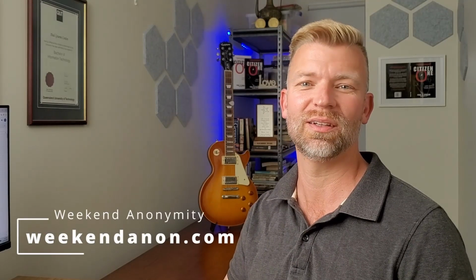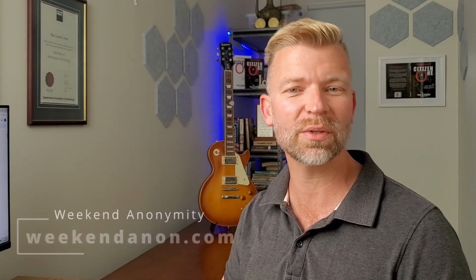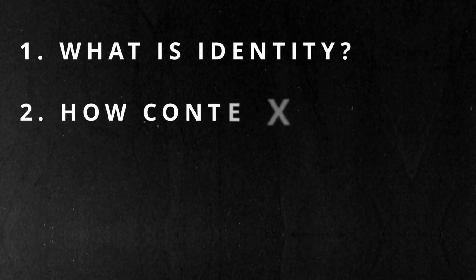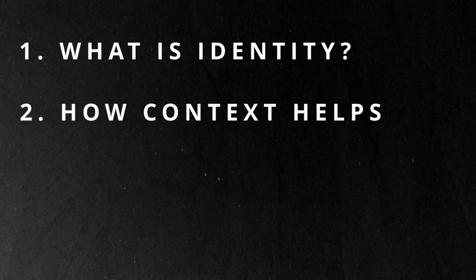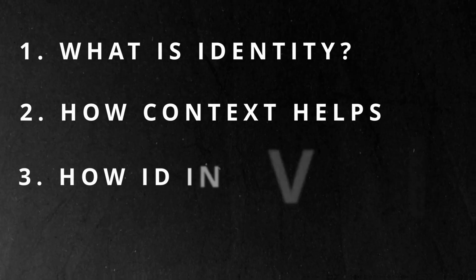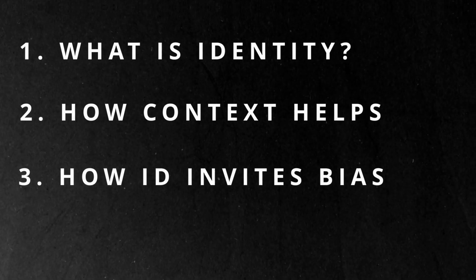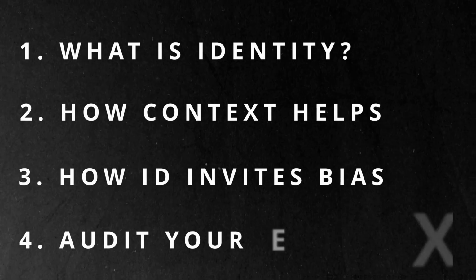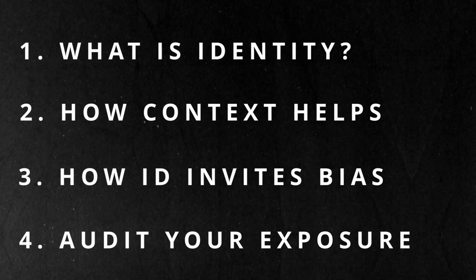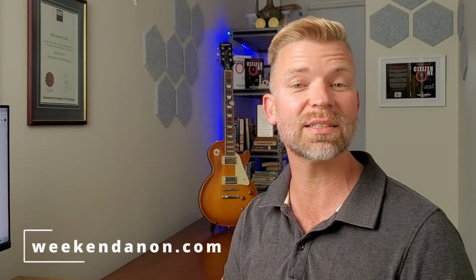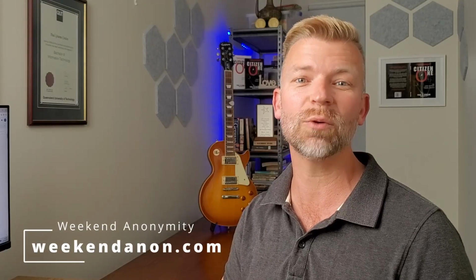It's now time for one of my favourite modules because it gets to the heart of online privacy, you. In this video, we'll explore several key ideas. We'll uncover what identity really means and why exposing it makes us vulnerable, explore how context protects our identity in the physical world but fails online, learn how identification invites interpretation and bias, shaping how others and algorithms judge and treat us, and we'll audit your current exposure with a tool I call the relationship map, a way to clearly see your connections to the outside world and the vulnerabilities they invite. By the end of this video, you'll see exactly how exposed you already are and where to start locking those doors.